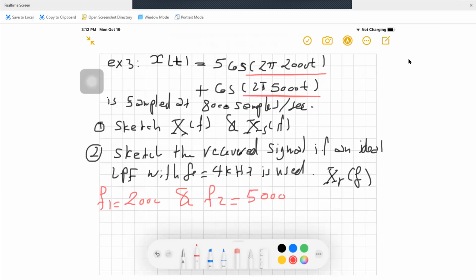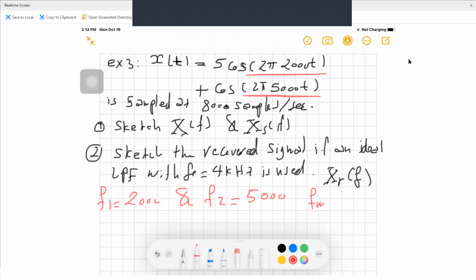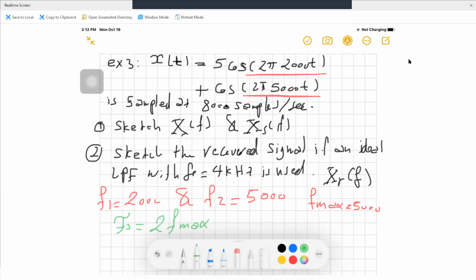Now, according to these 2 frequencies, F max will be 5000, and Nyquist rate Fs will be 2F maximum, 2 multiplied by 5000, and it will be 10,000 or 10 kilo samples